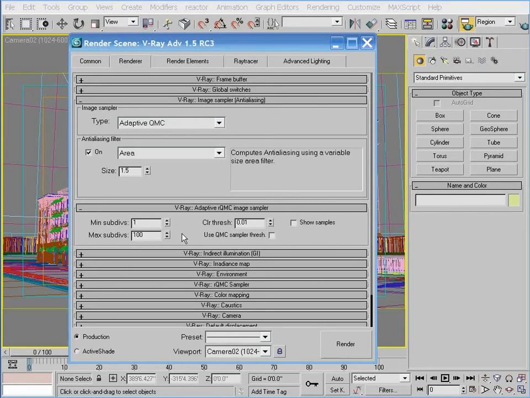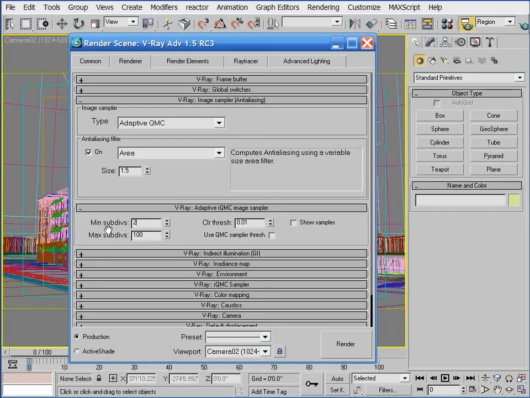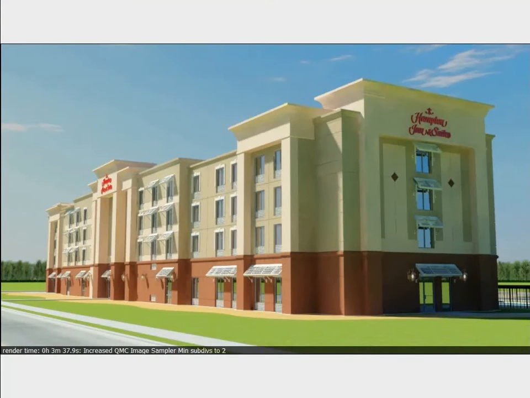From experience, I know that using a minimum value of 1 is just not going to give me detail anywhere I need it. I want to increase this value to 2 and see what that does to the image. And when rendered, I can see that the image quality goes up a tremendous amount. I no longer have an aliased look to all the areas with fine detail, like the areas around the windows. I don't see the grout lines improving very much, but I know that it's only because I'm using such a